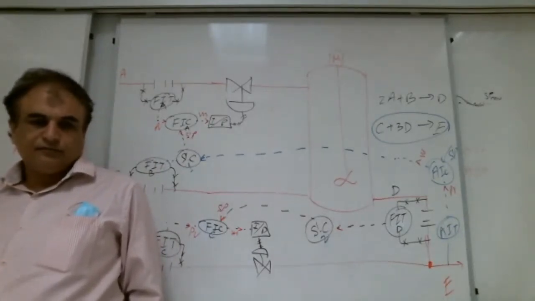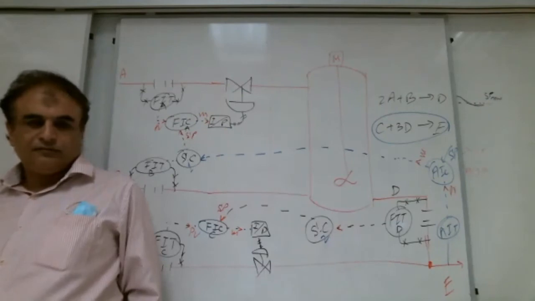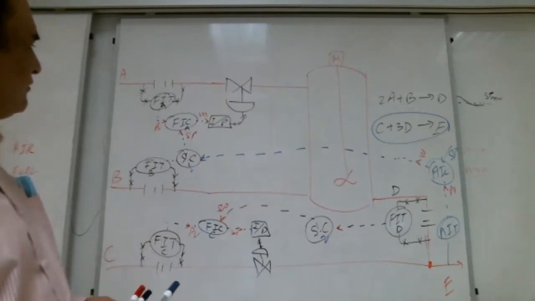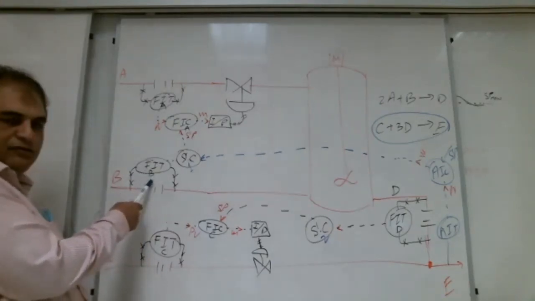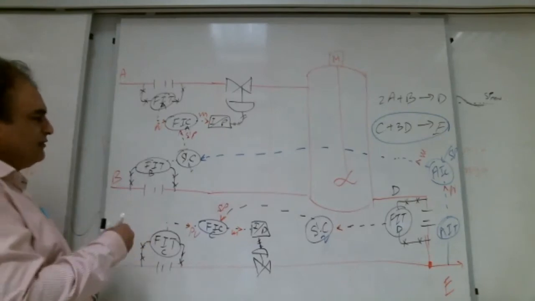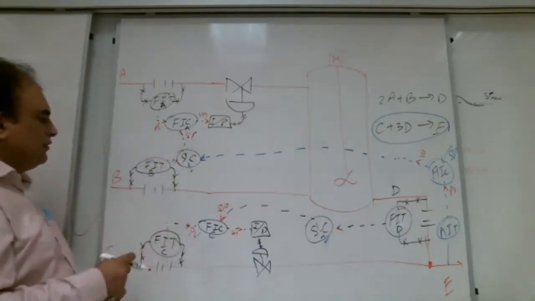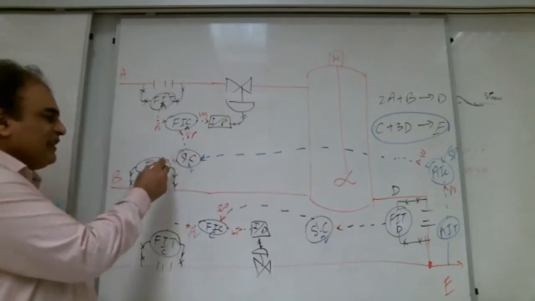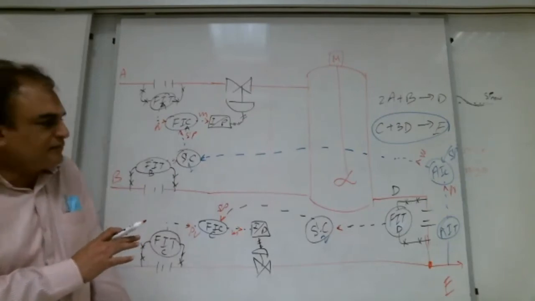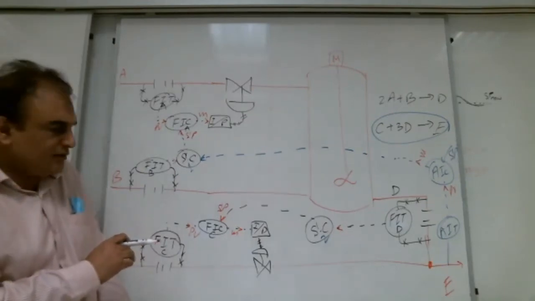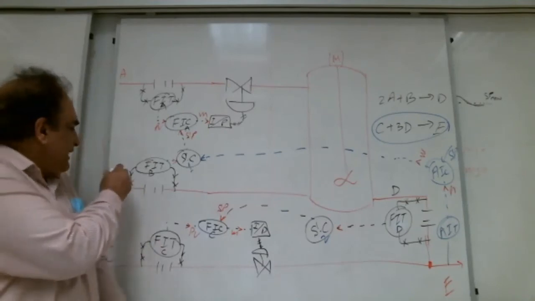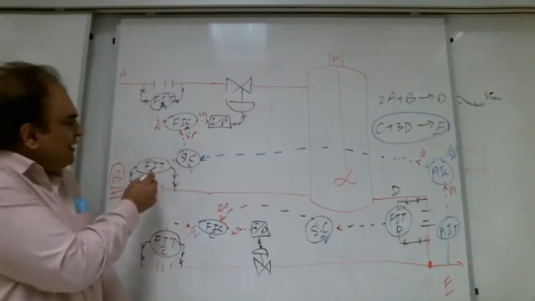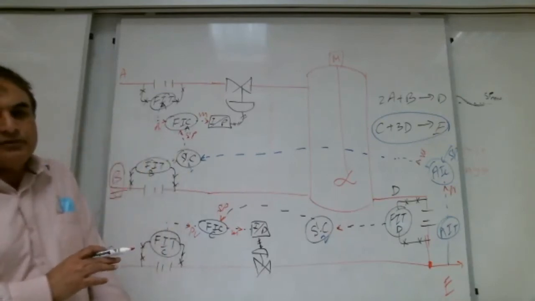Please ask. What about the flow indicator transmitter B? Flow indicator transmitter B, this one. Is this signal going this way? Yes, it will be right. It is PV for this line. But for the signal calculator, it is just input. You get my point? For B, it is PV, but for the signal calculator, it is just input. Okay.